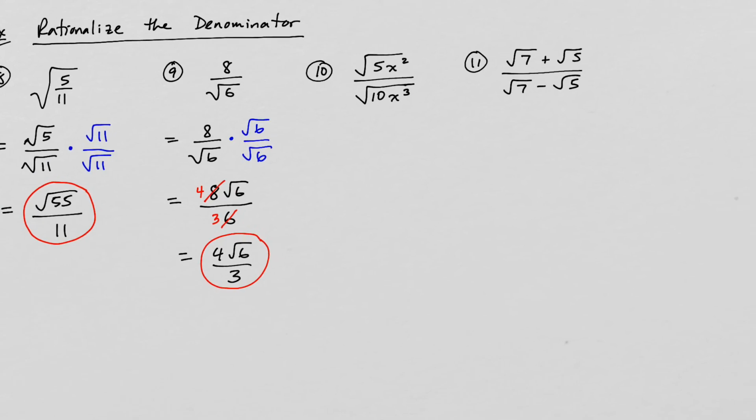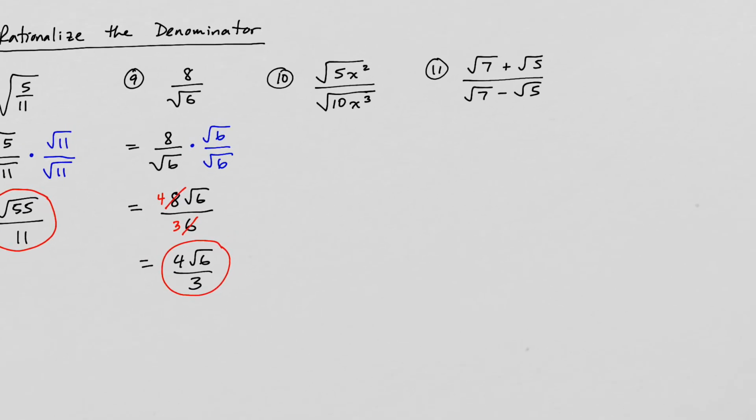Okay, for our next example, it's similar once again. Notice that we have a radical in the denominator. That's no good. Now you could just multiply the top and bottom by that radical like we did here, but this is a pretty complicated radical. So instead of doing that, what I'm going to do is combine these radicals together into